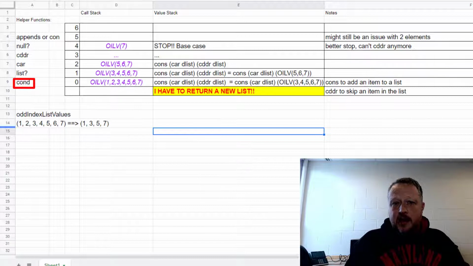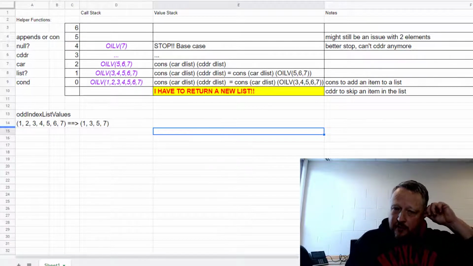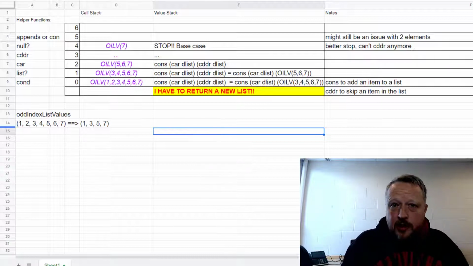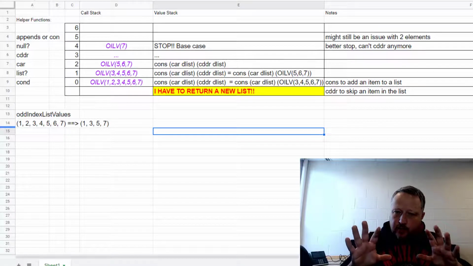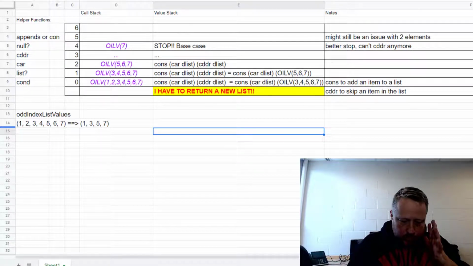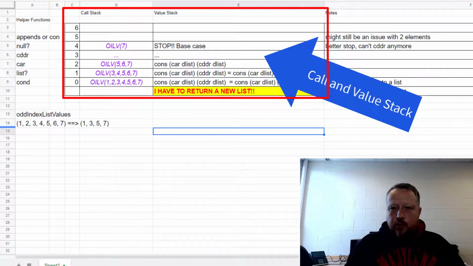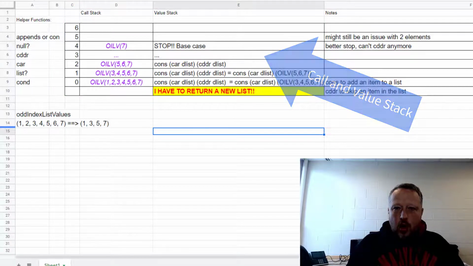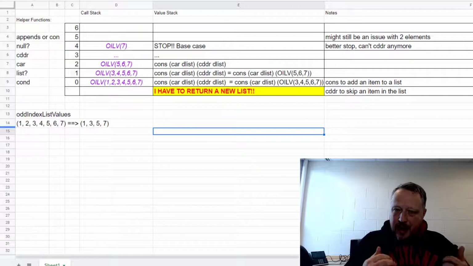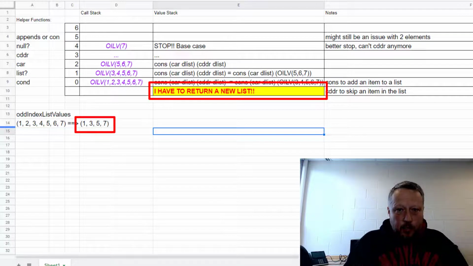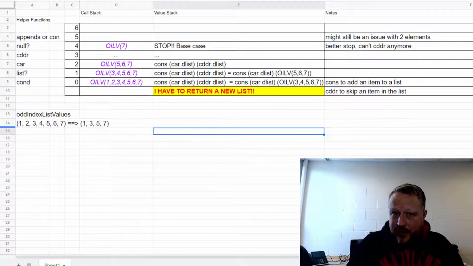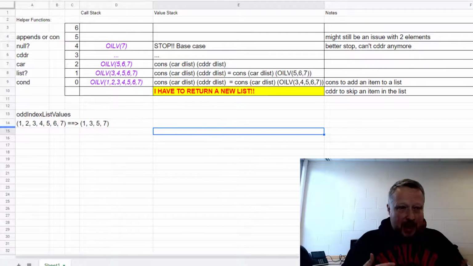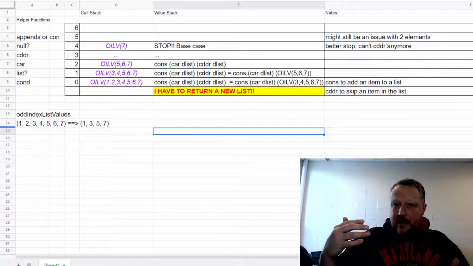And then cond. Because I have so many conditions in there, certainly I could do it in an if-else. But frankly, I don't want to do the work, and neither do you. So that's why I'm going to use cond for that. So let me go through the call stack and the value stack and the notes. The most important part, again, is to know what you're actually supposed to be returning. And I'm supposed to be returning a brand new list. Cons is the one that actually creates new lists, usually element by element,